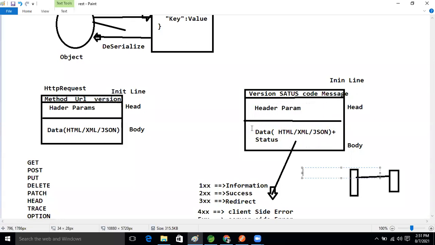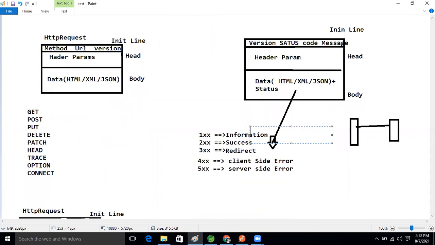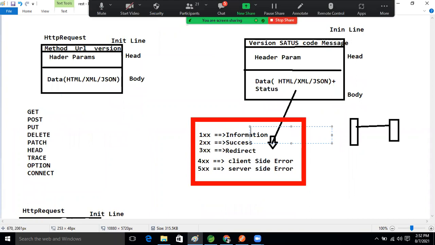In the body section, what is there now, guys? Data is there, right? And the status code will be there too. This status code I explained, right? There are five status code classes, 1xx to 5xx.